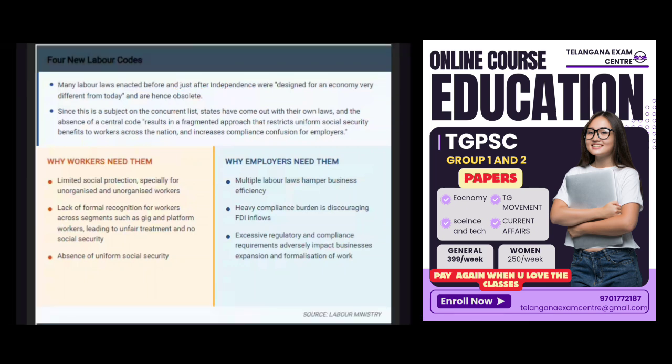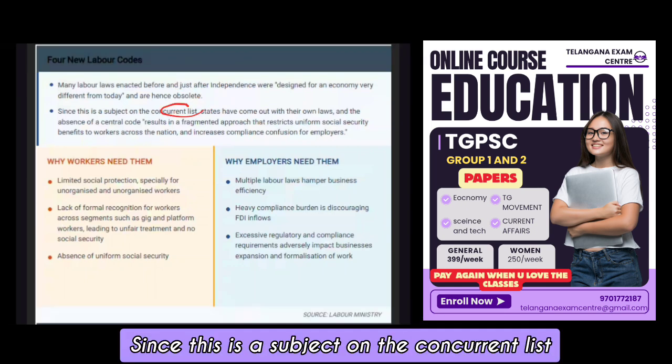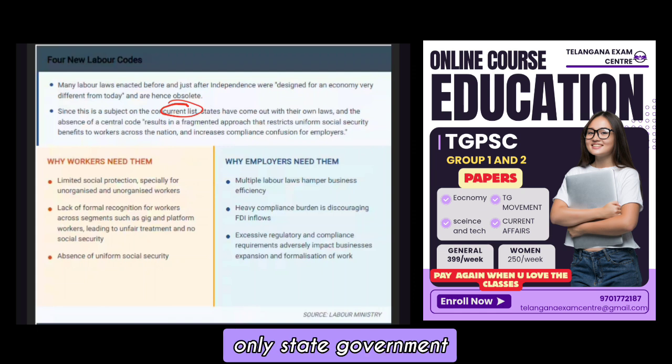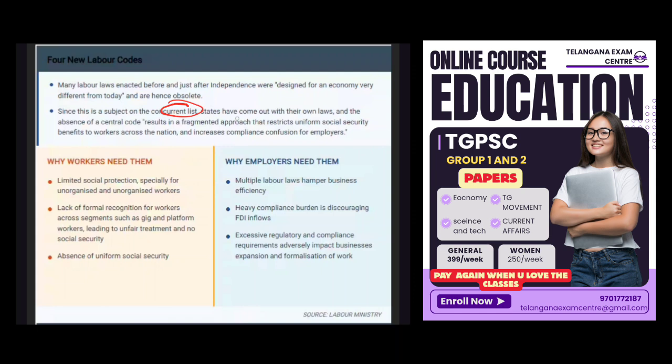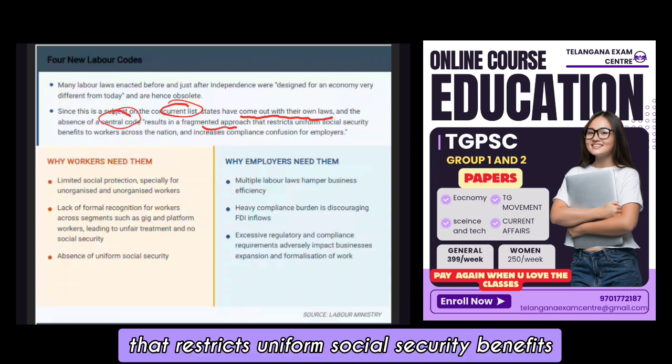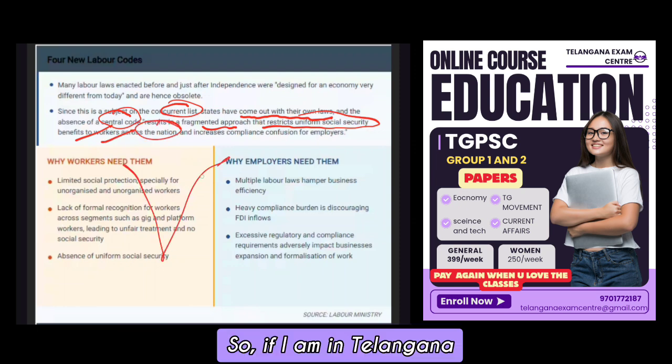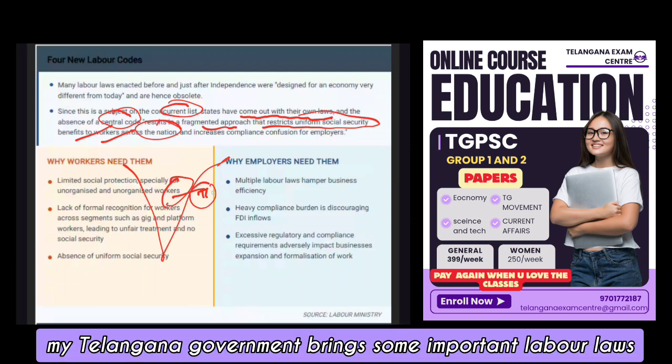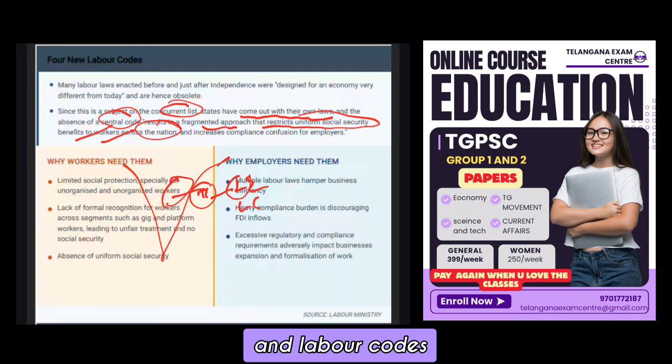Now, since this is a subject on the concurrent list with regard to labor, only the state government and central government can make laws. States have come out with their own laws. An absence of a central code results in a fragmented approach that restricts uniform social security benefits to the worker across the nation. So if I am in Telangana, my Telangana government brings some important labor laws and labor codes,